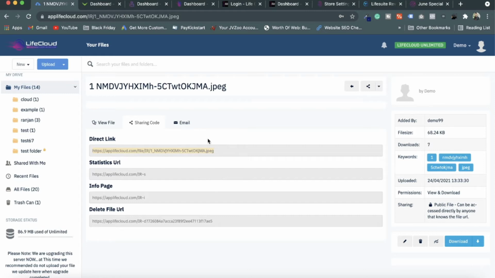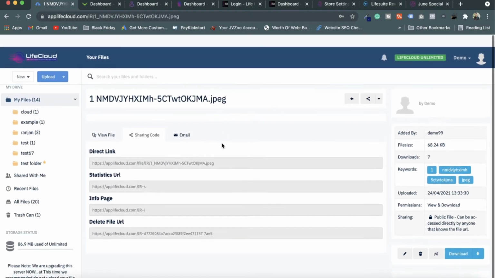So this is the sharing link. Like in a Google Drive account, you have a limit of 15 GB, and after 15 GB you cannot put any file there, and you have to delete files or pay Google. So in Live Cloud, in LiveSuite, you don't have to pay any extra penny. This is unlimited storage, and you can put many more things here. So this is all about Live Cloud.